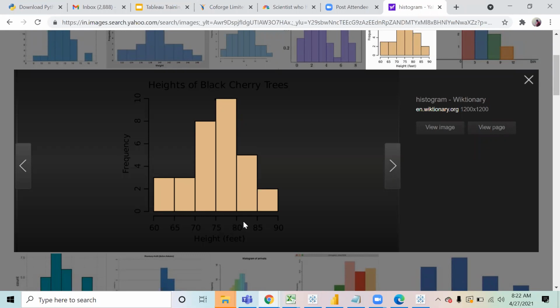Now it looks like a bar chart, but it is not a bar chart, right? Because in the bar chart, you can have a sum also, average also, minimum also, maximum also. But histogram is something that will always show you count only. It is always going to give you the count only.